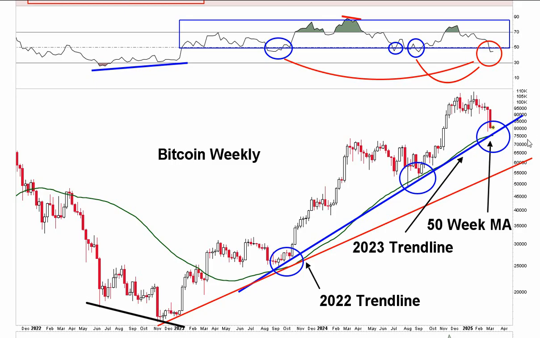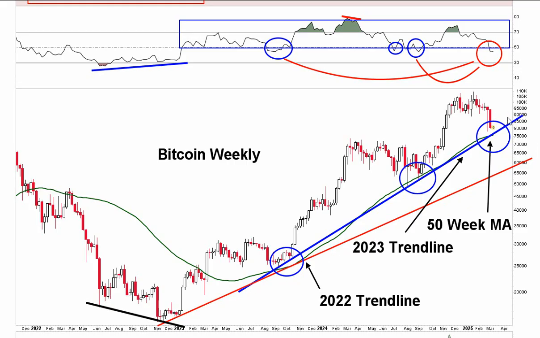Now, again, Nasdaq's testing the trend line, the 50-week. Bitcoin is just above the trend line and above the 50-week. We'll see if it reaches it or not. Like I said, if we exclude the shadows here in the weekly time frame, you're already at it. And we've already tagged it with the previous week. I pointed that out previously when I talked about the trend line using the daily time frame. I talked about that when we first reached that level. I've shown you that chart a couple of times over the last couple of weeks. This trend line goes all the way back to 2022.